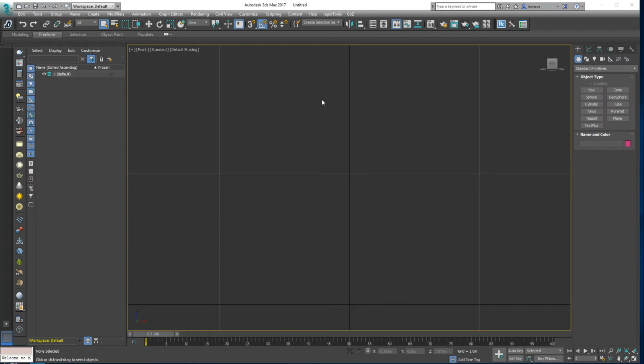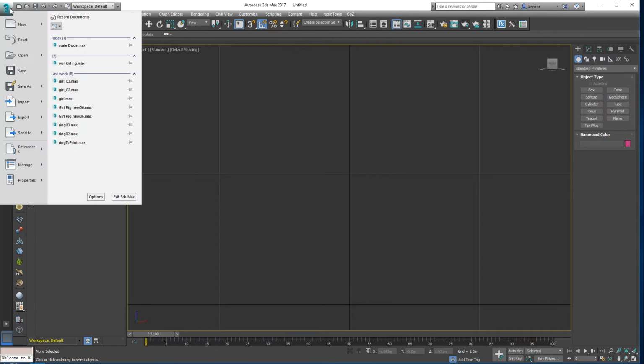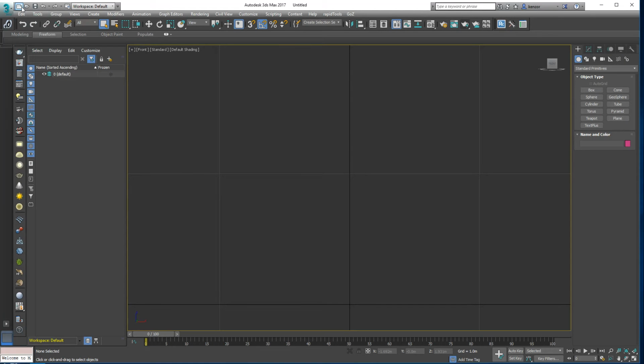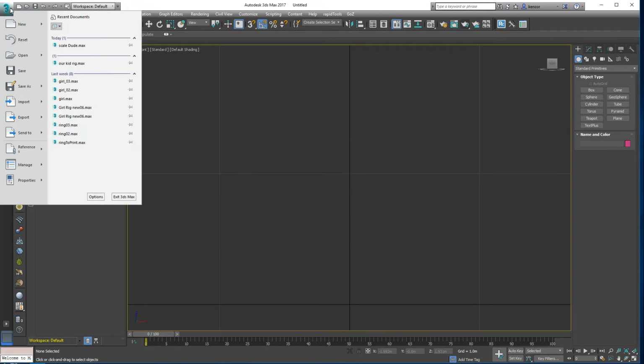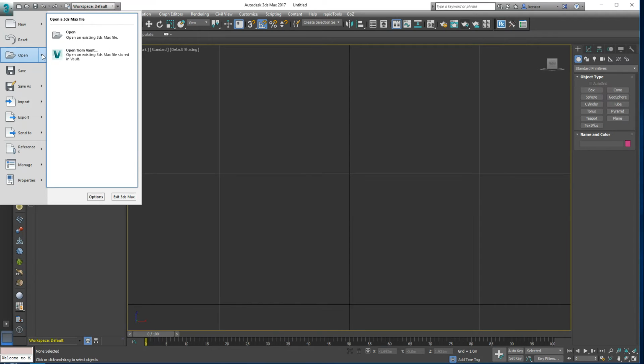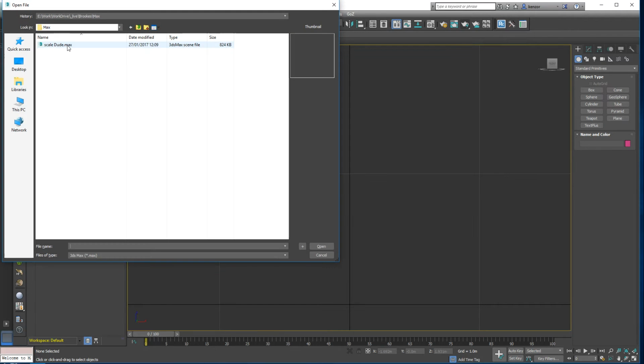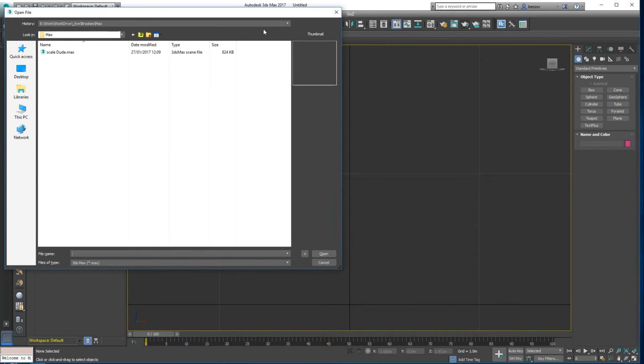by loading a scene. So up here we have a collection of different ways of opening things. We have these little buttons, and we also have this big button, which is the one I tend to use because it has a recent documents area, which I like. We can also open stuff by going to open like that, and we'll get a little file browser. We have a little history at the top, which is also very useful, and I'm going to click the file